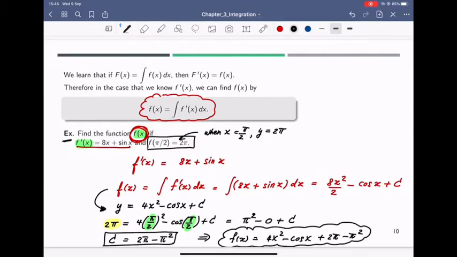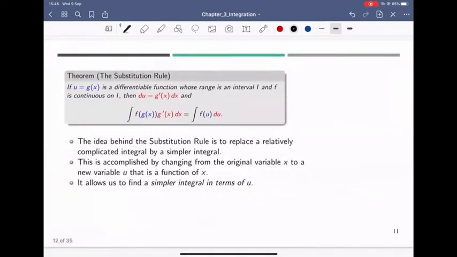Well, the reason why I show you this example is because I want to show you that you can solve for c if the initial condition is given. We're going to learn this a lot in calculus 2 when we move to differential equations. So this thing is called an initial condition. And when you model real problems in engineering,